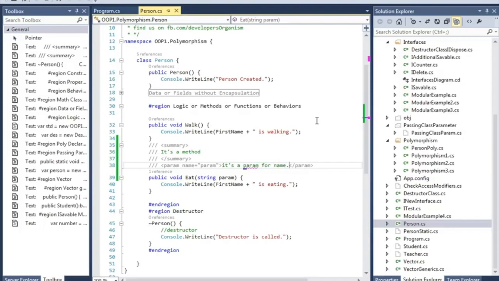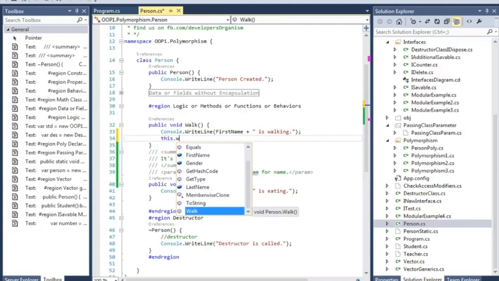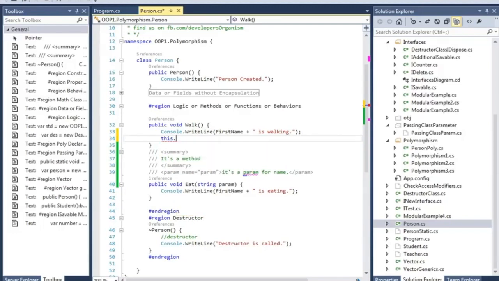So when a developer accesses your method, let's say that I'm accessing it from here. So when I say, what is it? It was eat. So when I say eat, see that you'll get the description of the method. It is a method. Whatever you write, you will see the description. So it is really helpful for other developers who will use your framework or assembly in their development life.